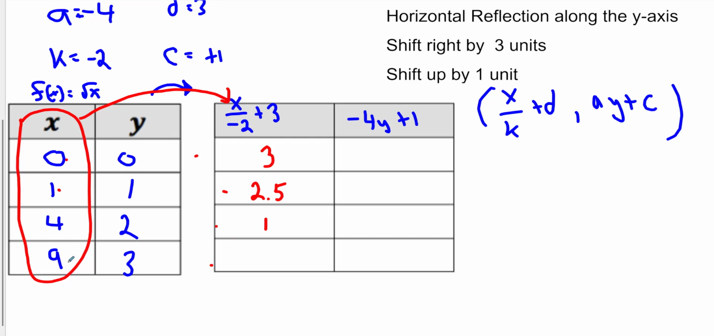All right. What about 9? Well, what's 9 divided by -2? Well, 9 divided by -2 is -4.5. -4.5 plus 3 is -1.5. So these are my x values. What about my y values? Well, I plug in my y values into my mapping notation for y. So 0 goes into y. 0 times -4 is 0 plus 1. It's 1. 1 goes into y. What's -4 times 1? Obviously -4. Negative 4 plus 1 is negative